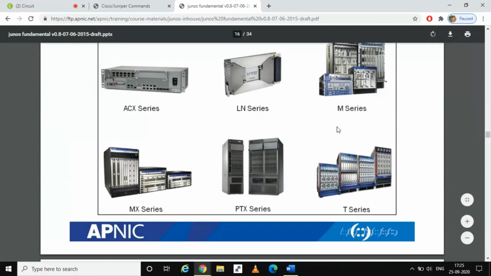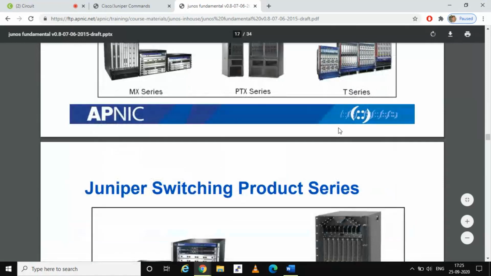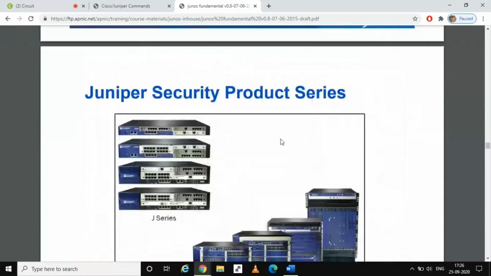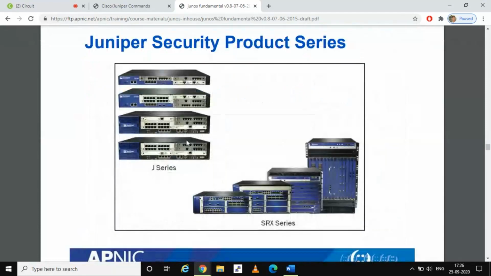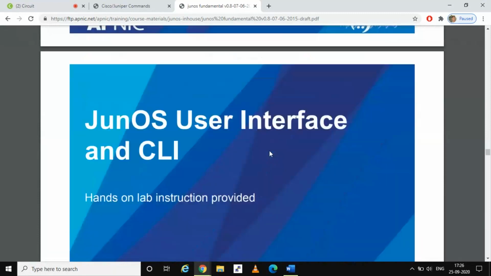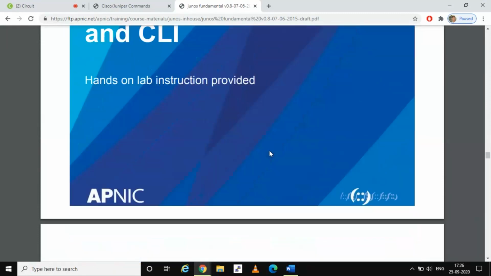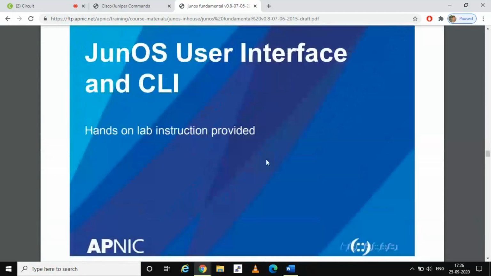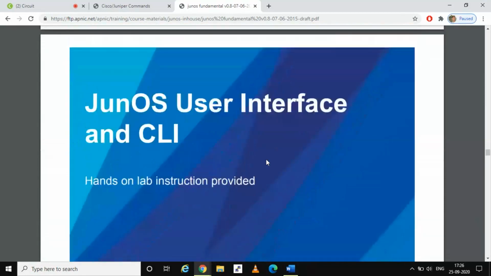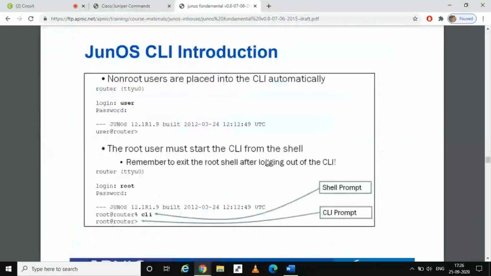There is the ACX series. This looks like a switching product. Also the security product SRX series, which we have already seen. So let's talk about some basic information on the Junos user interface and CLI.